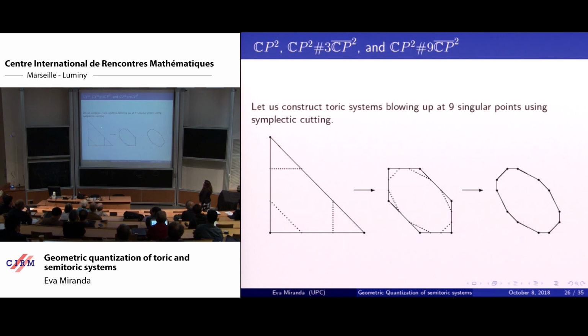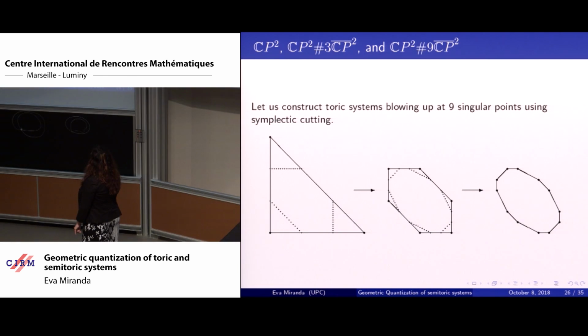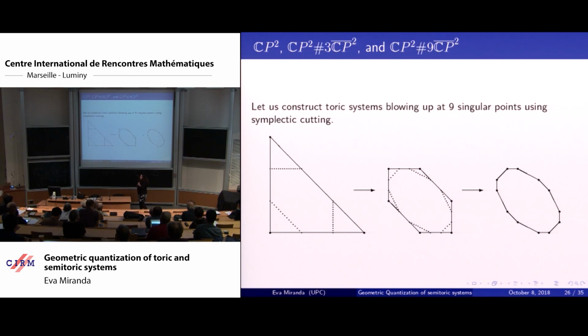I'm going to do it starting from CP2, which we saw is a toric manifold. We even showed what the action was at the beginning of my talk, from the Delzant theorem. And I'm going to start doing these things that people working in Delzant theory do, which is I start doing blow-ups, okay? So I blow up CP2 at 3 points, and I still get a toric manifold, okay? This toric manifold. Of course, you say, well, you're showing me the polytope, but the Delzant theorem is telling me that the polytope gives me a one-to-one correspondence with the toric manifold. So whatever I inflict on this poor polytope is going to go back on the manifold.